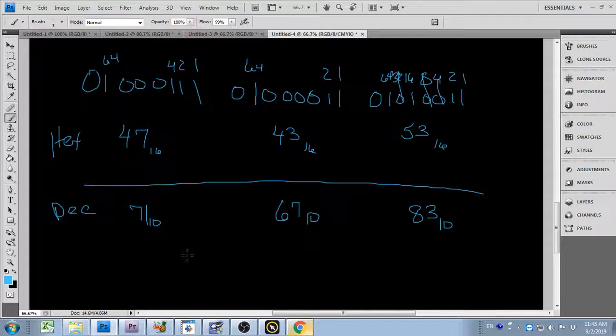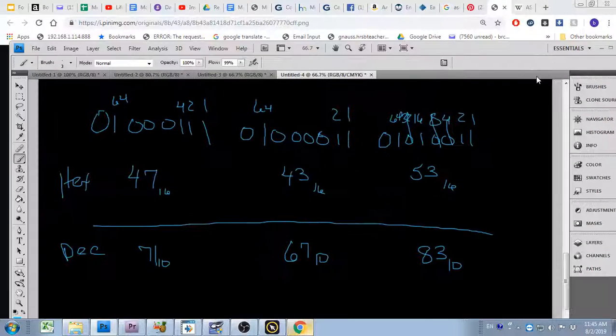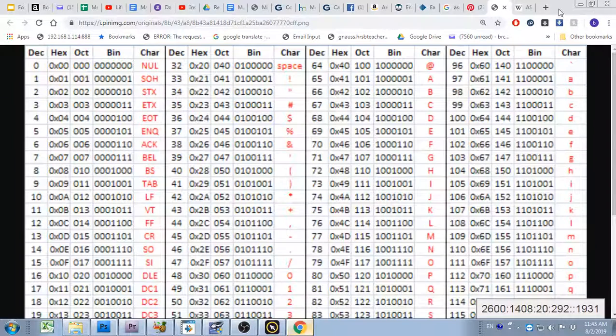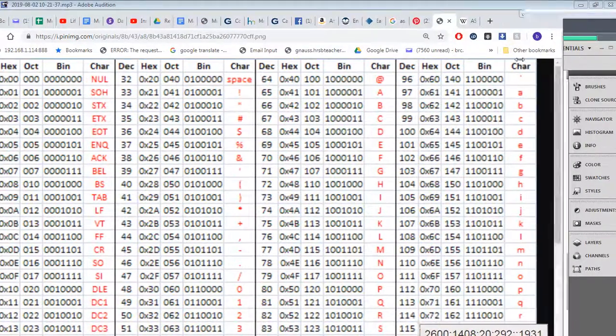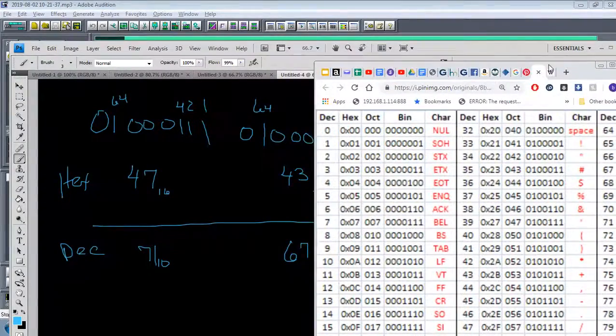So let me see if I can look at both of these at the same time. That will make it much easier if we can see all of our numbers at the same time. I'm not sure if I can get it that small too. Okay, so we have, let's do